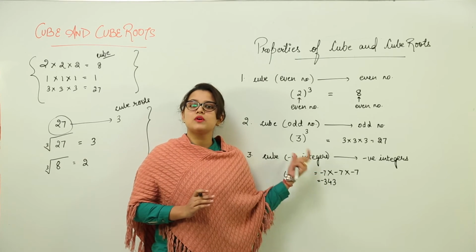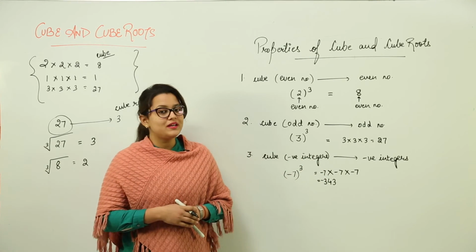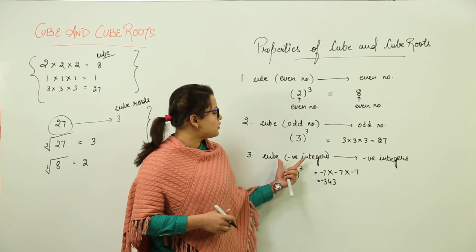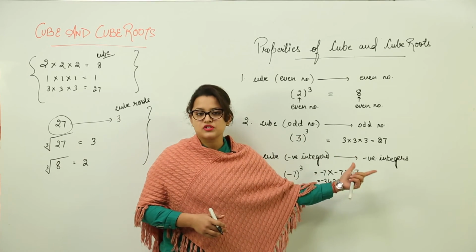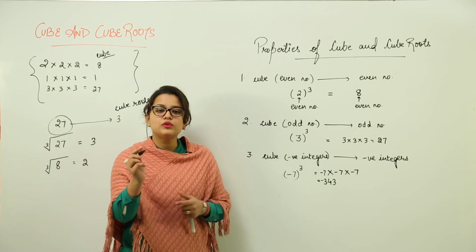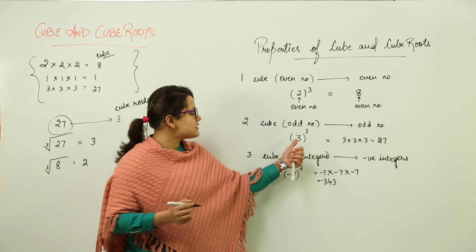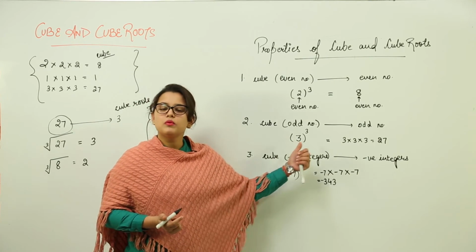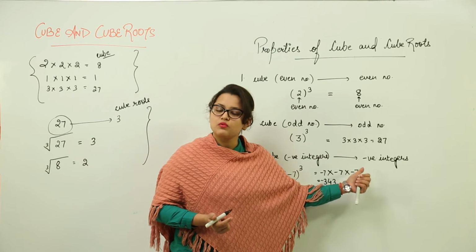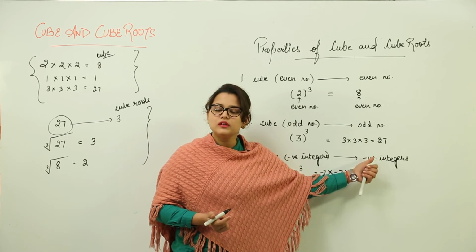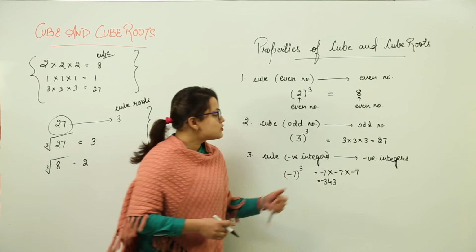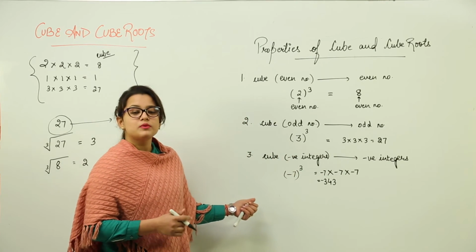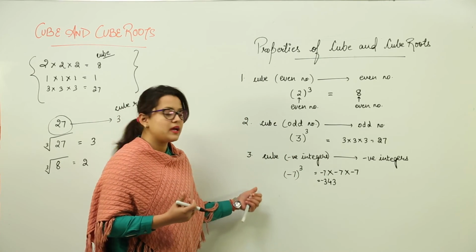but if any question comes in MCQ form, you might get a question like what will be the cubes of odd numbers are dash. Then you just have to take any one example, like I have taken 3. This is an odd number, make the cube of 3 and you get the answer. Whatever answer is there, you can fill in the blank as per that, right? So you don't have to actually memorize these properties, just understand the logic behind them.